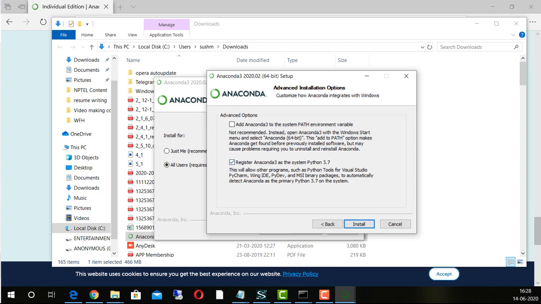So next. Since I am using it for the first time, I don't want to do anything extra after installation. So I need to make sure that I click on this add Anaconda to PATH option. It is not recommended if you have already installed some version of Python or Anaconda previously. In that case it is not suggested, but because I'm doing it for the first time, I'll add that.